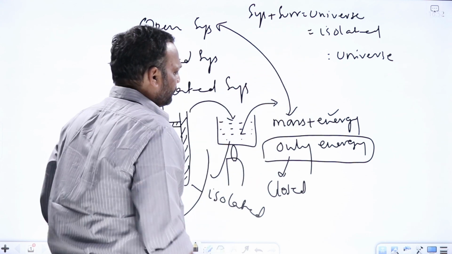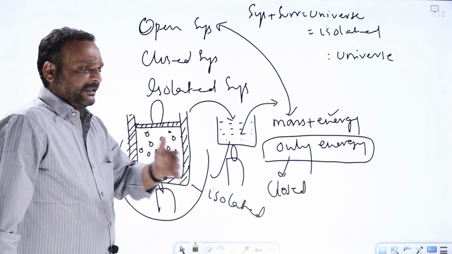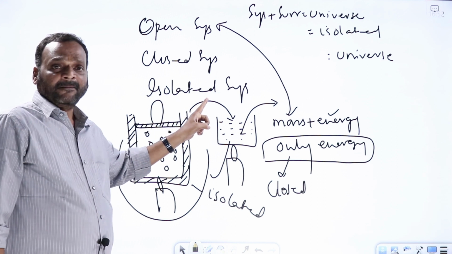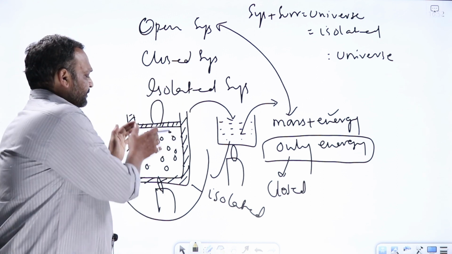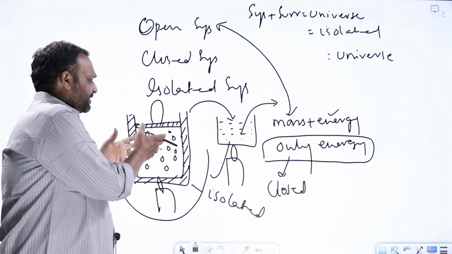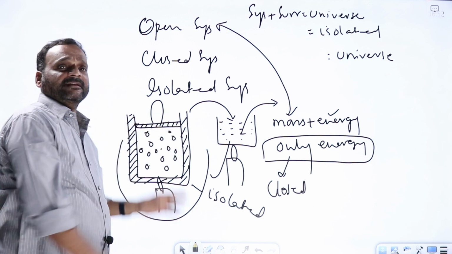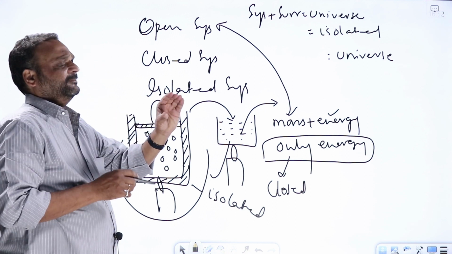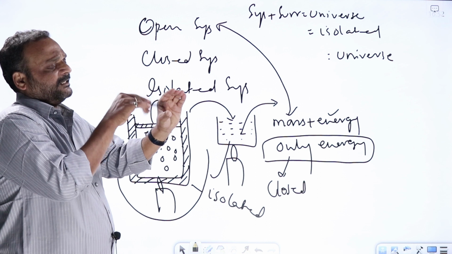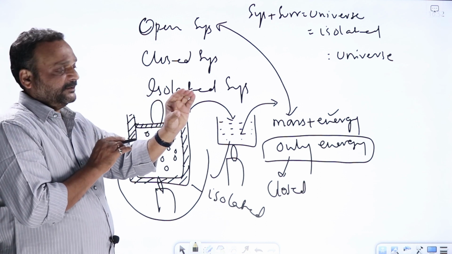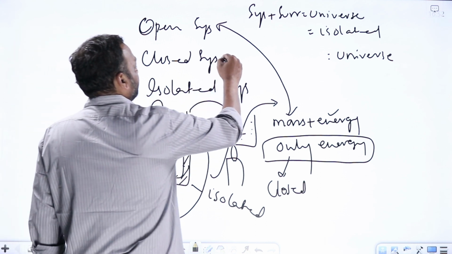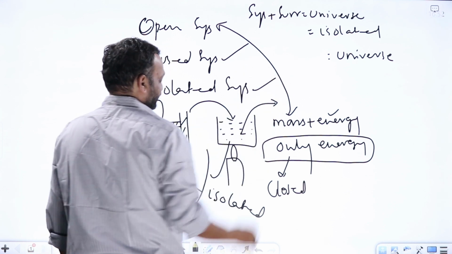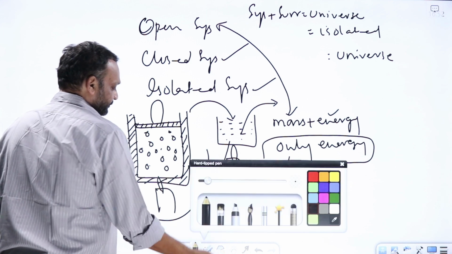Mostly throughout our thermodynamics, we'll be talking mostly about closed systems or isolated systems. We'll take some fixed amount of matter and study the changes and try to understand the properties of that matter. So we don't keep on adding mass or taking any mass. We'll take some fixed mass, see what all changes are occurring, what are the properties of the system thermodynamically. So throughout our discussion in thermodynamics, it will be closed or isolated systems. Now